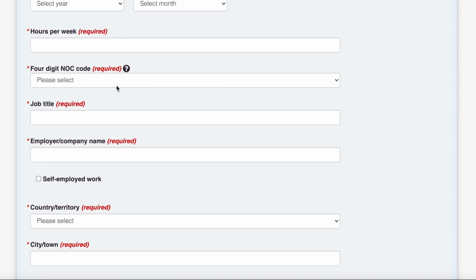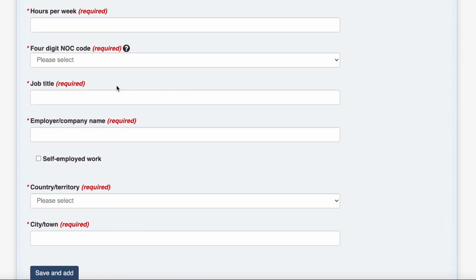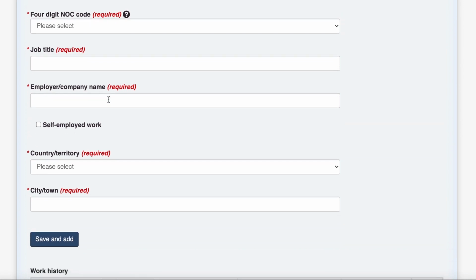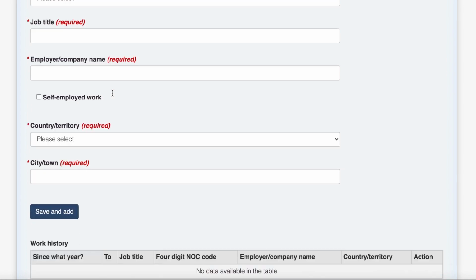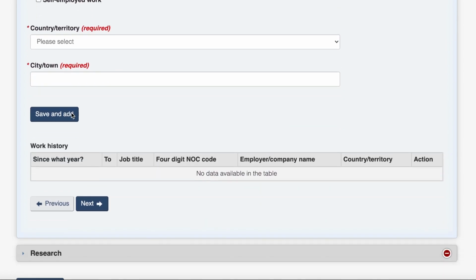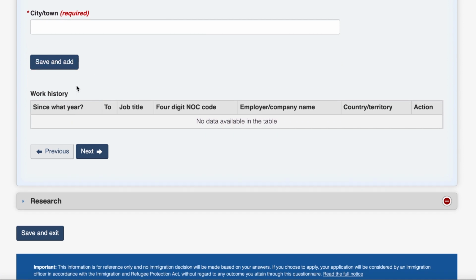Just find out your NOC code, the job title, and the employer's name, and please note to write your employer's name exactly as you see on the letter of employment which you get. Then the country and the city, and it is similar to the education form. If you have more than one job which you want to fill in, just save and add the other work experience as well.